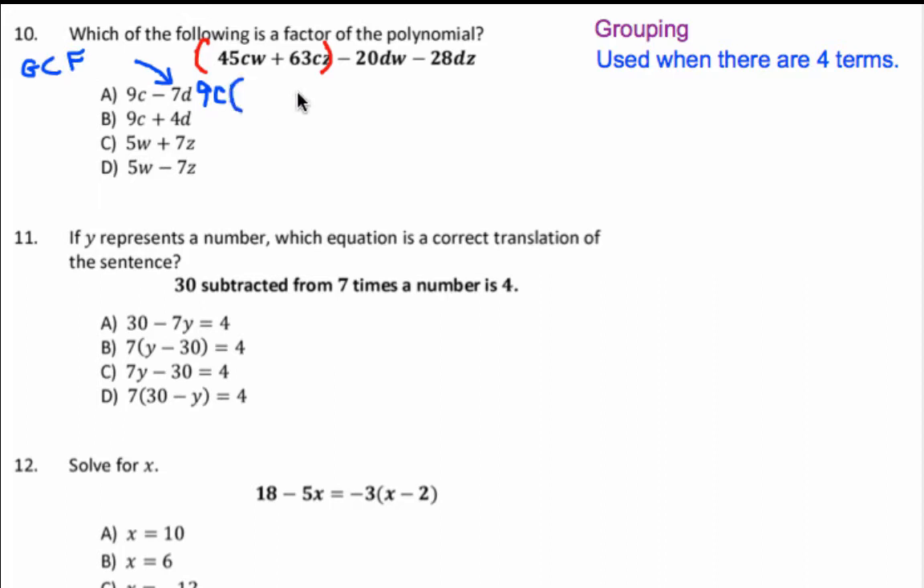Now we'll open up a pair of parentheses and we distribute. We want to get 45CW. So that would be 5W. And now 9C times what gives me 63CZ. That will be 7Z. And now we repeat the binomial